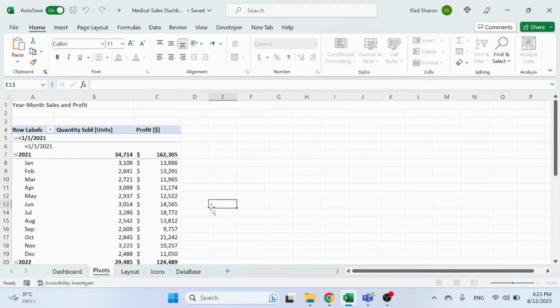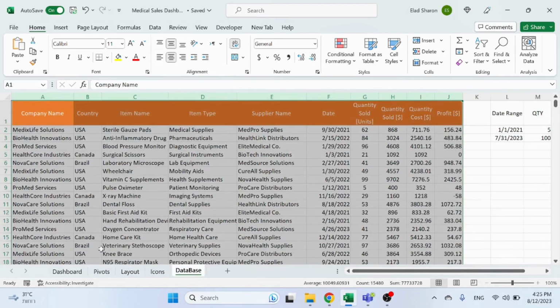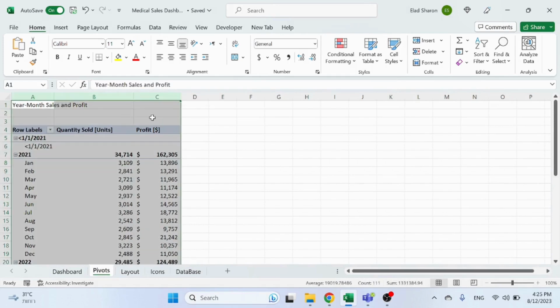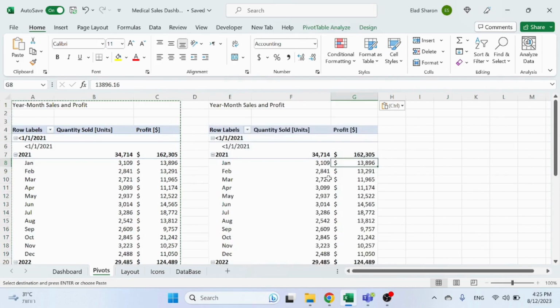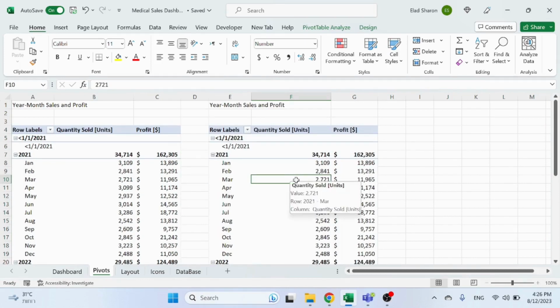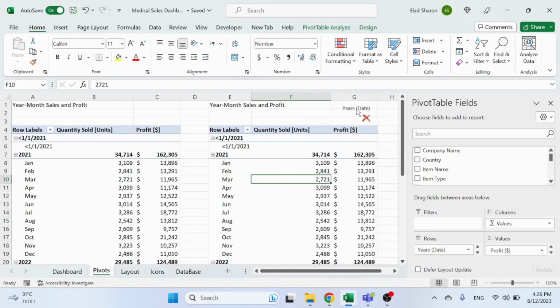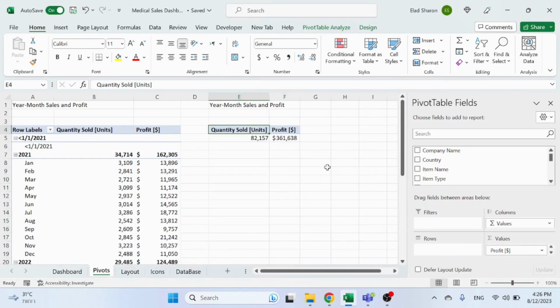So that was the first chart. Now for example, we can create another chart. I'm sorry, you know what, let's take this one. Let's say I want another KPI. I just want to see the total profit, total sold, totals. So now in this case, I go to show field list and I take out the years and I take out the months. So I have basically the total quantity sold, total profit,